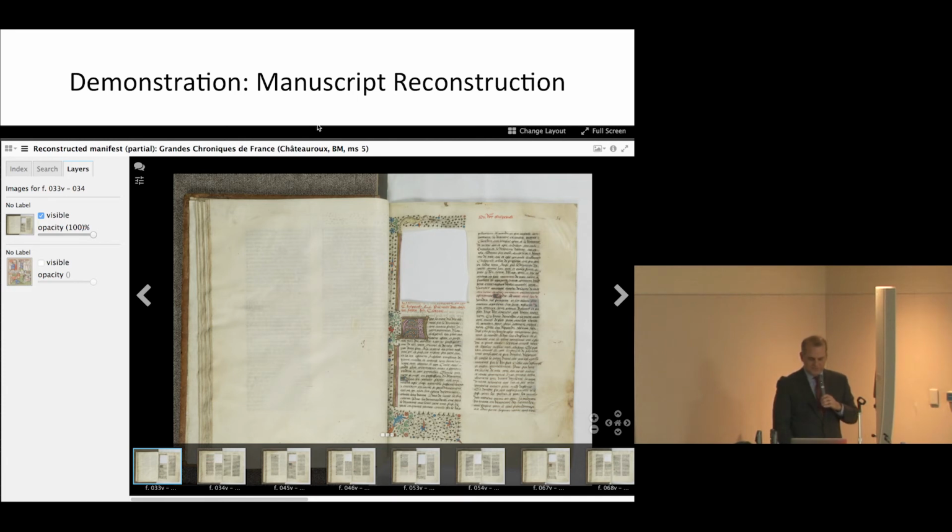And the result is this demonstration that you've already seen twice, which is that the miniature can be turned on, and it will load separately into that space defined by those coordinates.